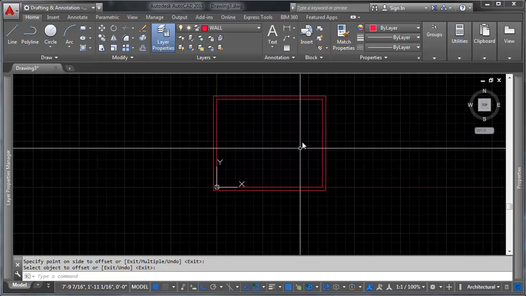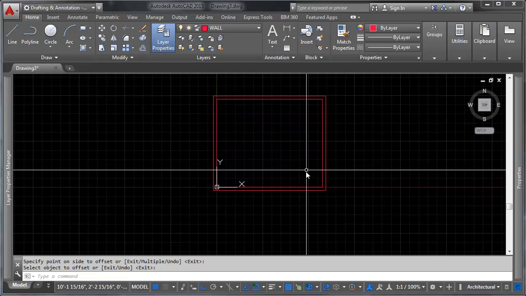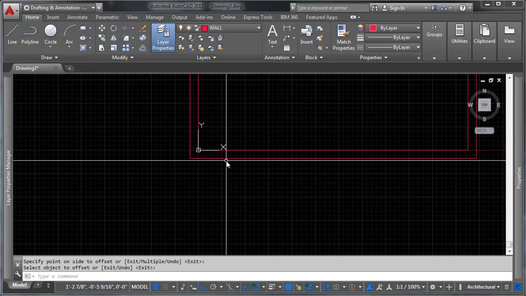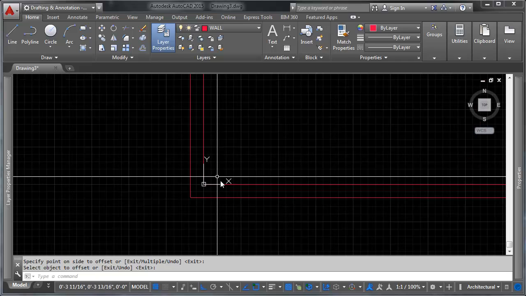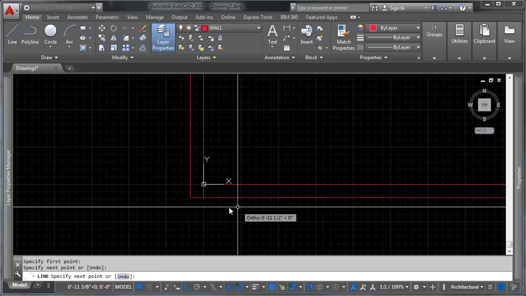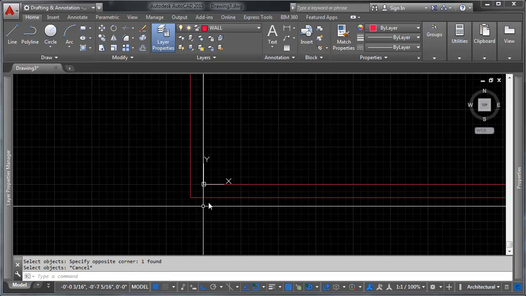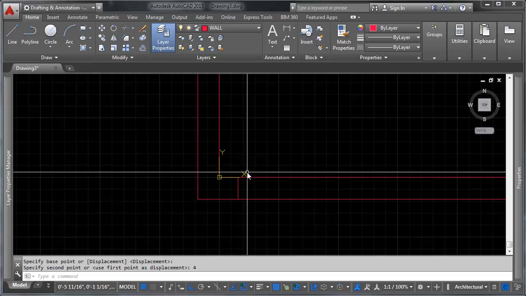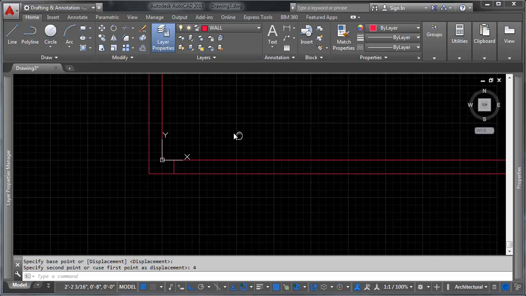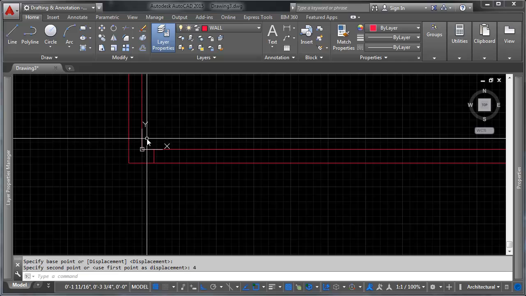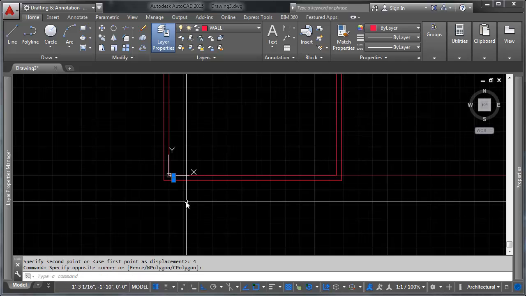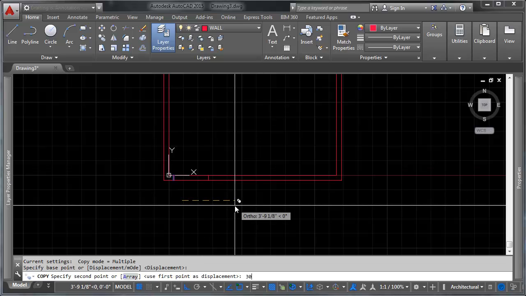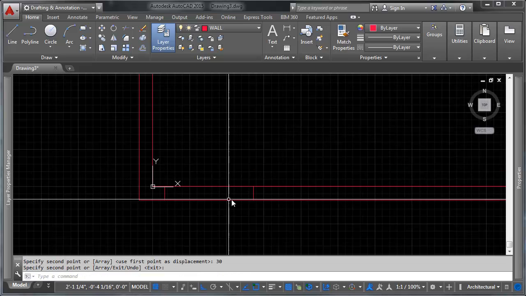Now what we need to do is figure out where everything's going to be. So let's say that our door enters in right here. So we're going to make a door. The rule of thumb for doors here is that we're going to draw a line. We're going to move that line over 4 inches because you need space for your door jamb. You can do 3 inches, but the guy who's doing your door is going to kill you if you do less than that. So we're going to copy that over 30 inches for our door,